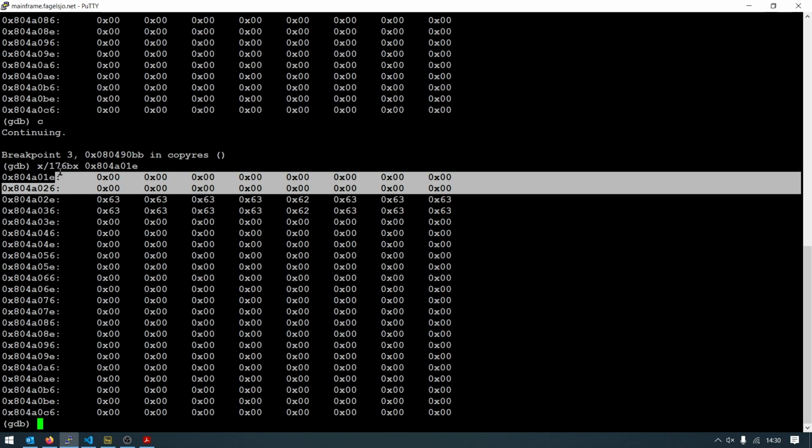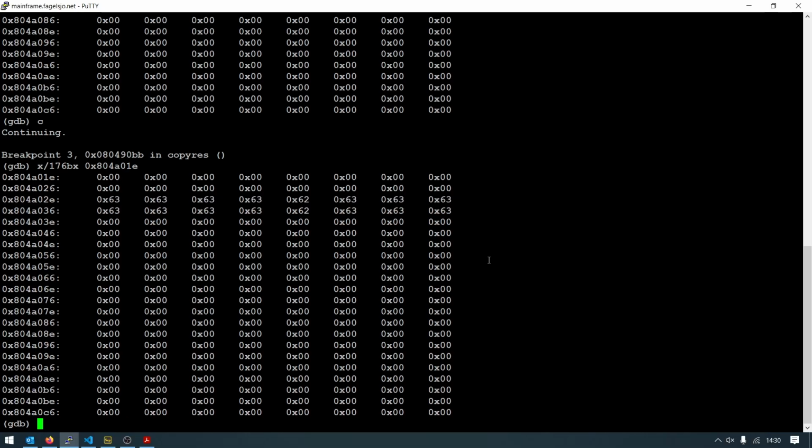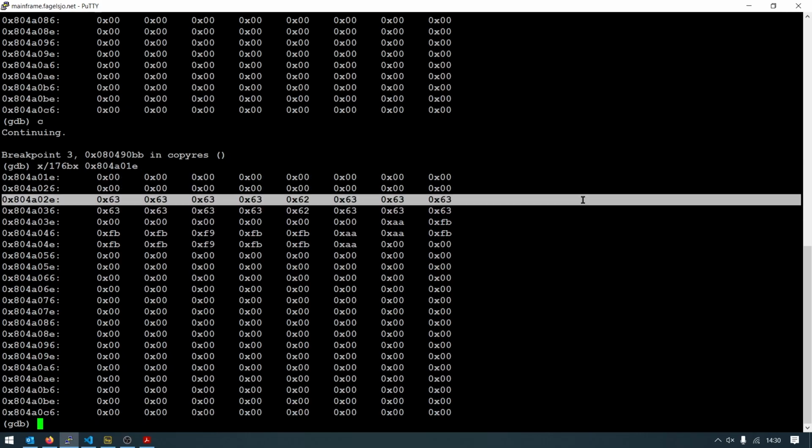Okay, the copying didn't work. But as we can see, the first key is generated. And if we continue, so this was the first,